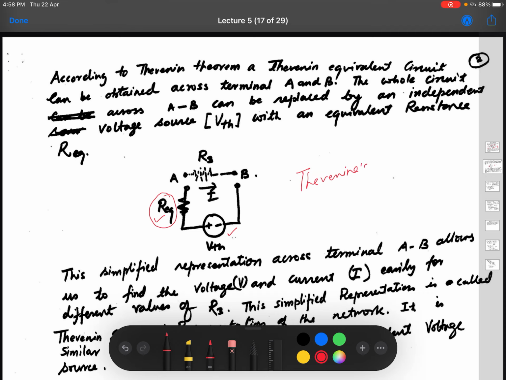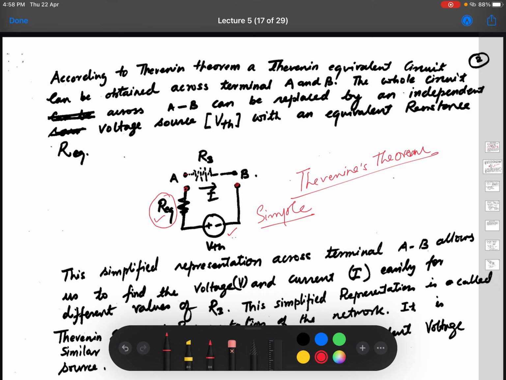That means a circuit can be represented simply by a source, a practical source, or you can say an ideal source with an equivalent resistance connected to it, and the terminals of interest, of course, are there. So once you are able to represent this complicated network by its Thevenin equivalent, this becomes a very simple circuit, isn't it? This becomes quite a simple circuit in which you have to just add A, B.